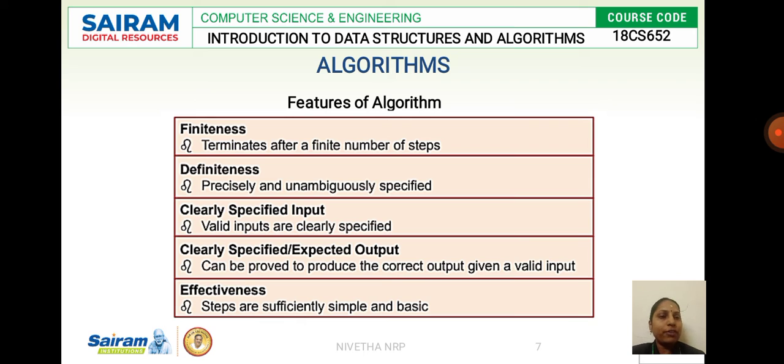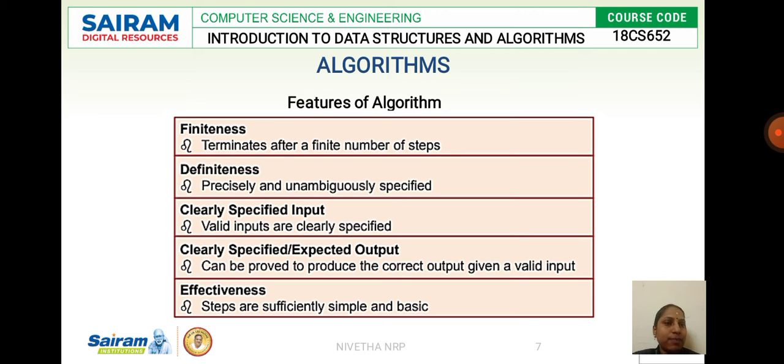The input we are giving to a system should be obviously defined in a better manner, so that it works with the instruction given, and it will be capable of producing the desired output. That is what it is, clearly specified input, so that we'll be able to get the expected output, and finally